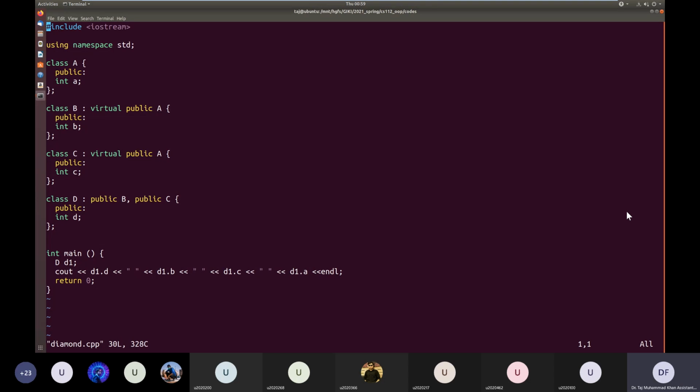Header files have an extension, sorry, in C language they have the extension .h for header files and .c for C files. In C++, it's usually encouraged that you use .hpp for header files and .cpp for other files.